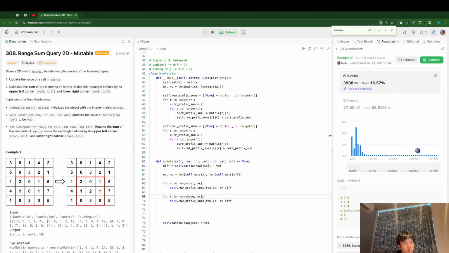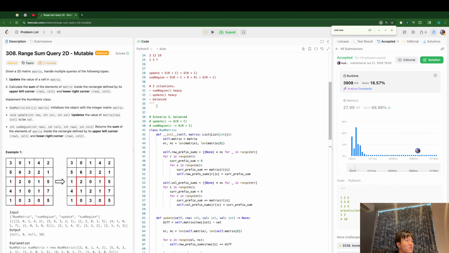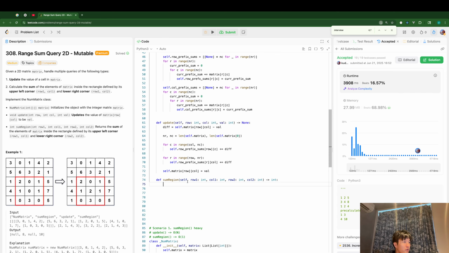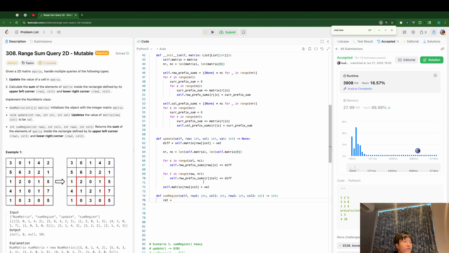So for each row, from the given row, I will increment by diff. Okay, so this is how I update the prefix sums. Then in the sum region method, I will first